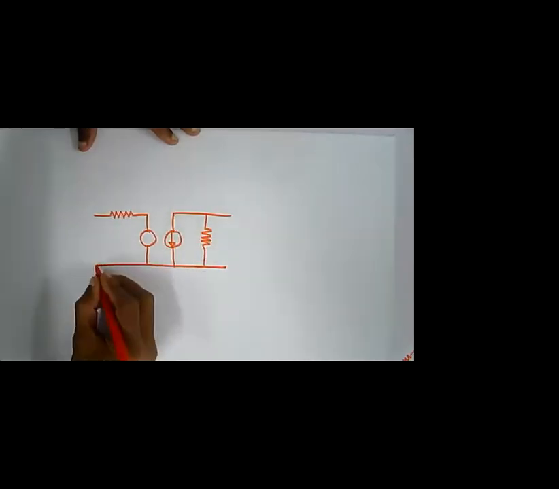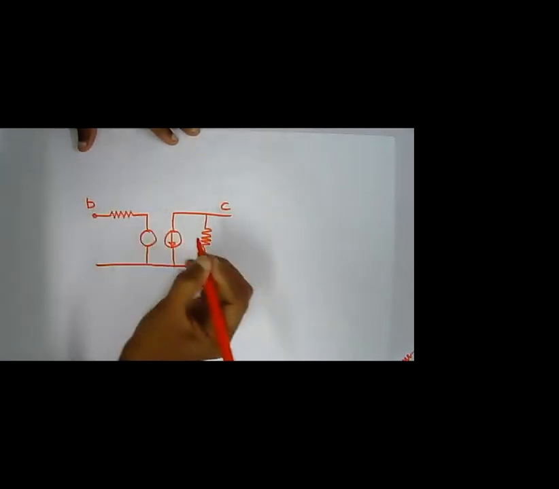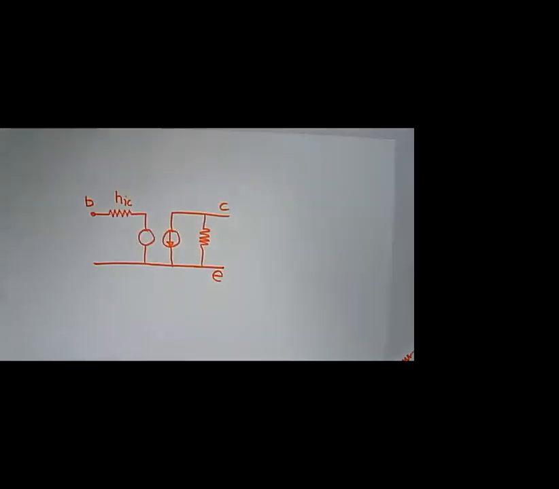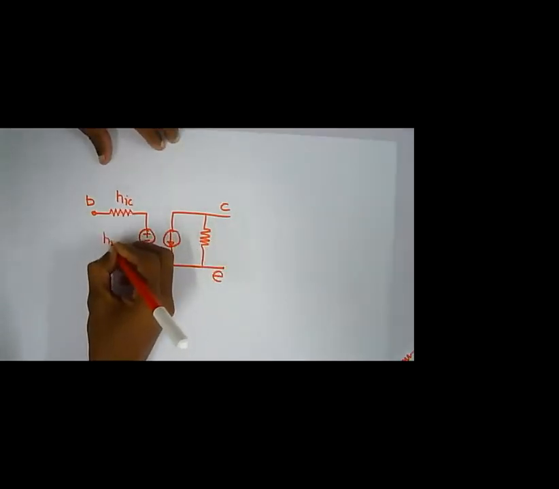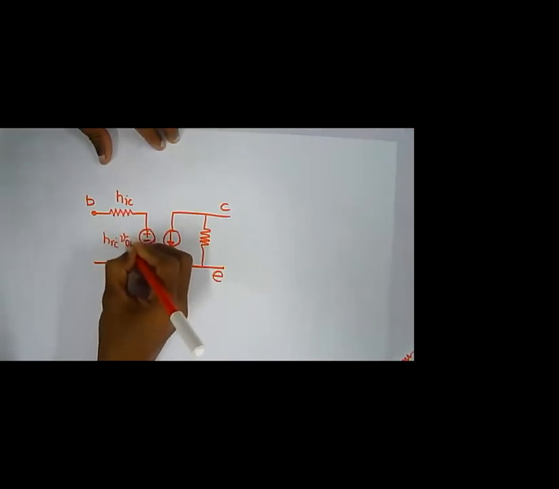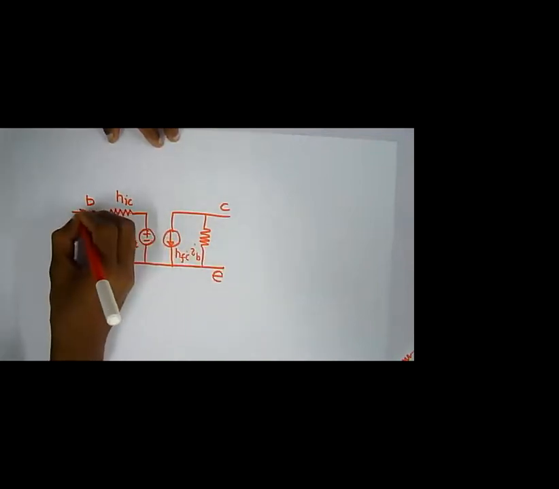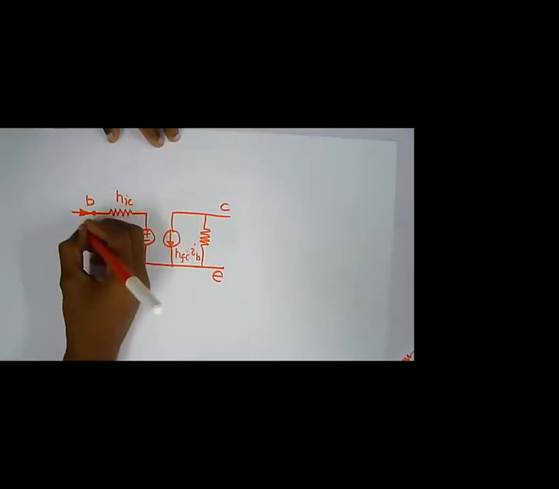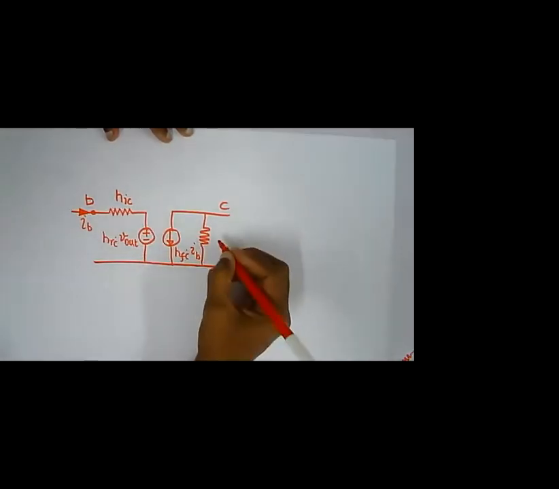This is the equivalent circuit. So, right, this will be my emitter, collector, and this will be my base. Right, this is my HIC. Right, since it is common collector, the parameters are HIC and HRC into V out. This is HFC into IB, where the current is actually the current entering the transistor, right? This is IB, right? HFE into IB. This is 1 over HOC,